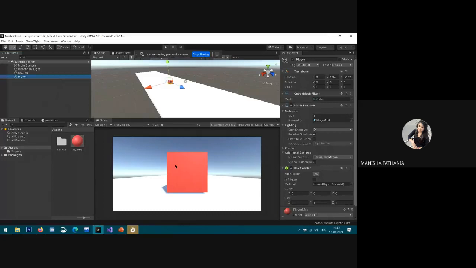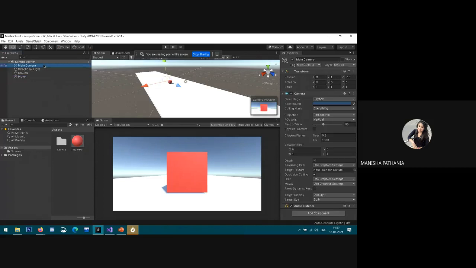Then I need to set the main camera so that it looks more realistic. Go to the main camera and change its position slightly.